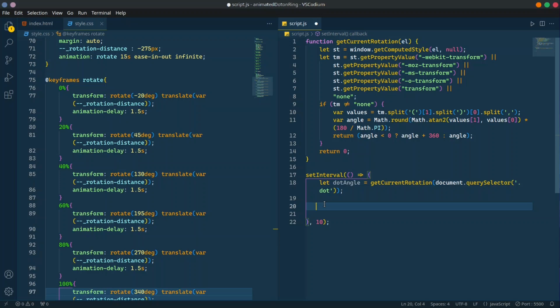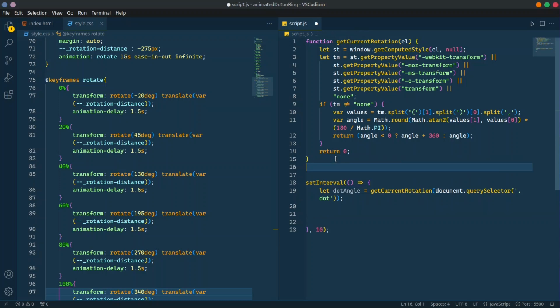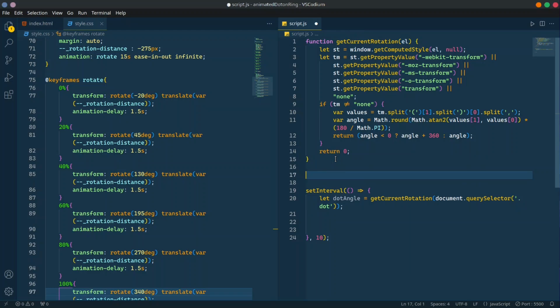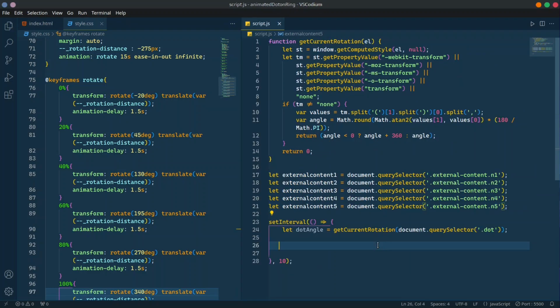But before that we need to get all of our external elements into our JavaScript. Let's do that. So guys, I have selected all 5 of our external contents in our JavaScript. Now we can refer to our CSS file to see the exact angles we need to specify in our JavaScript so that the external elements change their color at the correct time.